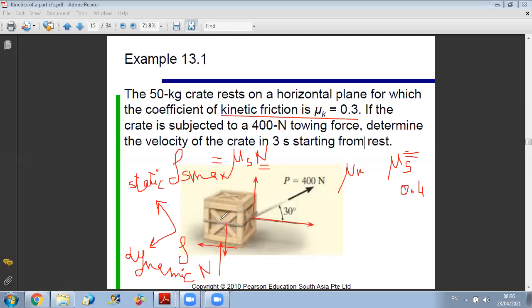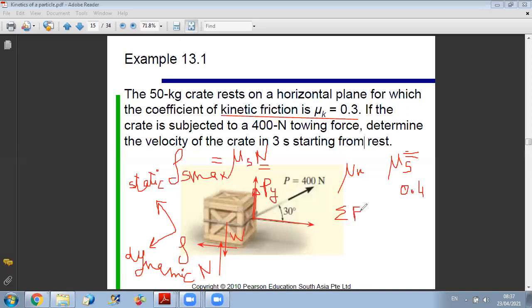So here, for example, to calculate N, I need to apply my Newton's law along y. So I have here the weight, I have the normal, and don't forget on y the projection of P. So I have Py also, which is 400 sine 30. So the first relation I can write here is that sum of Fy,